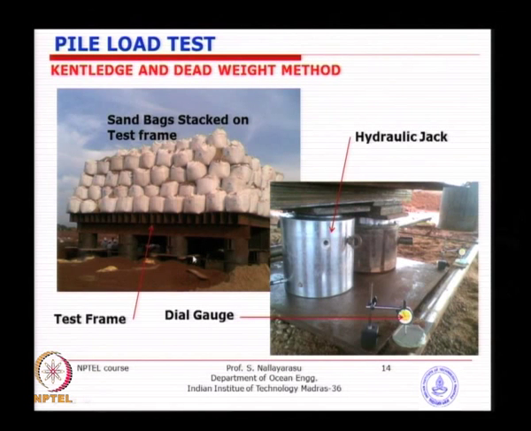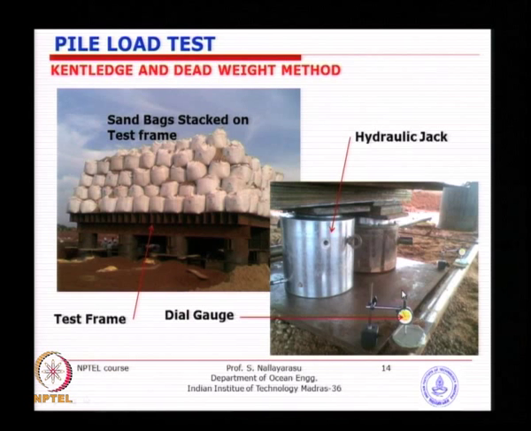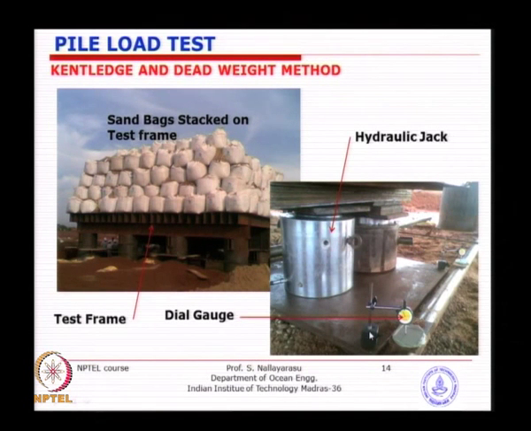So, that is the picture that you are seeing. The pile being tested is in the middle, and the pile will be provided with a pile cap, a steel plate, and these are the jacks which are placed between the Kentledge and the pile head, just to stack up. The dial gauge you can see here is placed at this place, and this is the reference to the pile head itself, and this is the datum line which is not moving. So, when the pile is moving up, the dial gauge will show the displacement every time, depending on how much pressure you are applying.